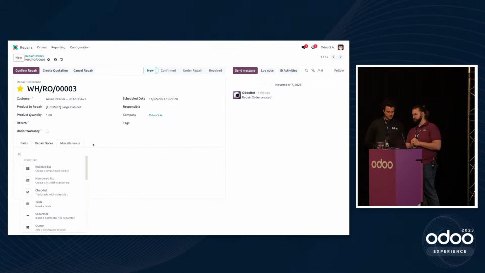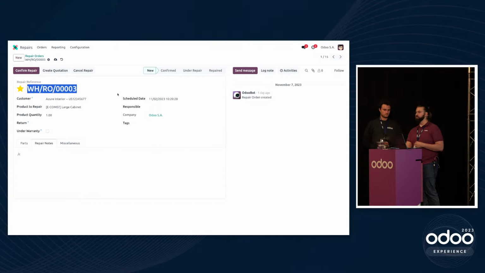Is there an RMA number generation that can be sent to the customer to make sure that the certain product is the one we were expecting, to link it to the incoming shipment? The question is about RMA number and link it to the product to make sure it's linked to the shipment as well. I mean, the repair reference would be the RMA, I would assume, but also the serial number. During the process of the repair, you're calling in, I need to repair this, you'll capture the serial number up front, you'll capture it here as well, and then when you ship it back out, the serial number will also